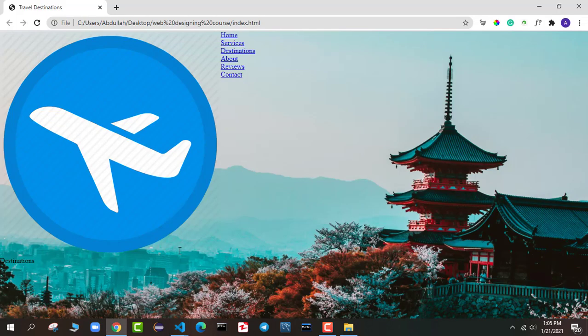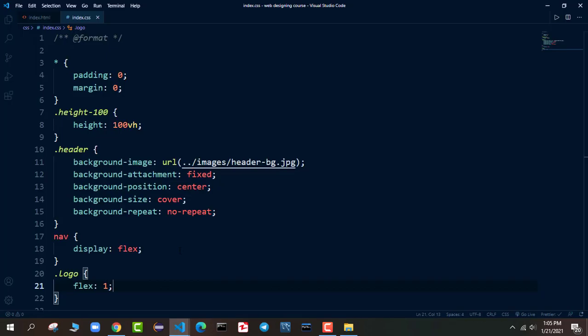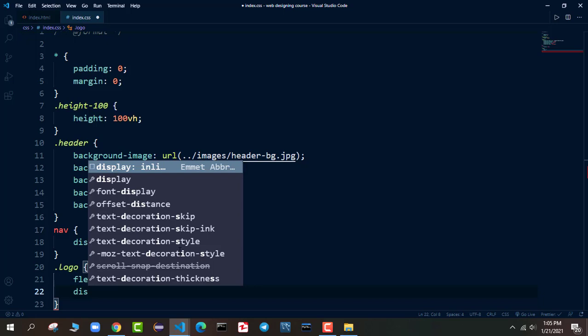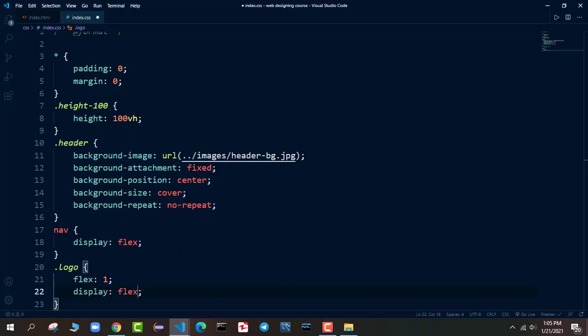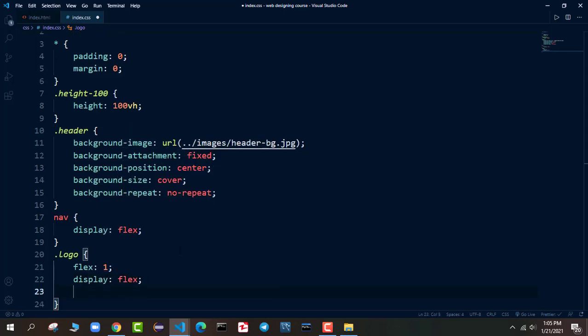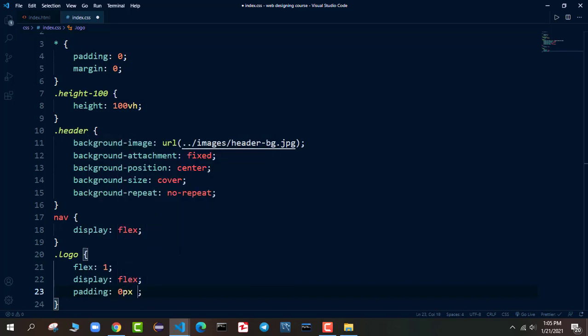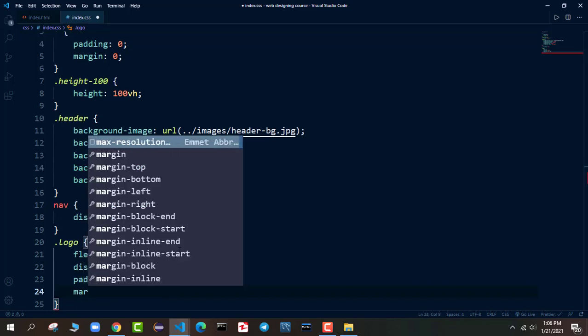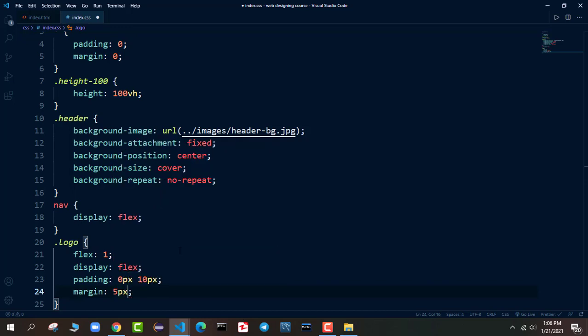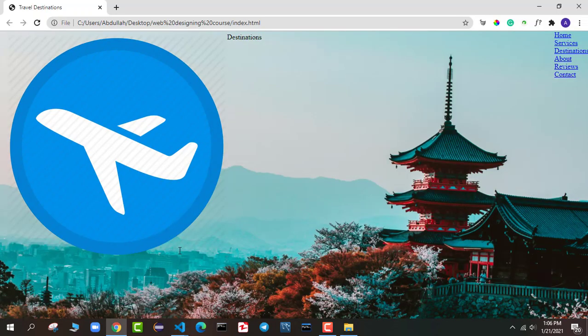So it will reserve the space of one flex. Okay. I will come down. I will say display flex. I want to make this a flexbox as well. I will say padding 0 pixel from top and bottom, and from left and right it will consume 10 pixels, and it will consume margin of 5 pixels all around. So you can see this is what we got.